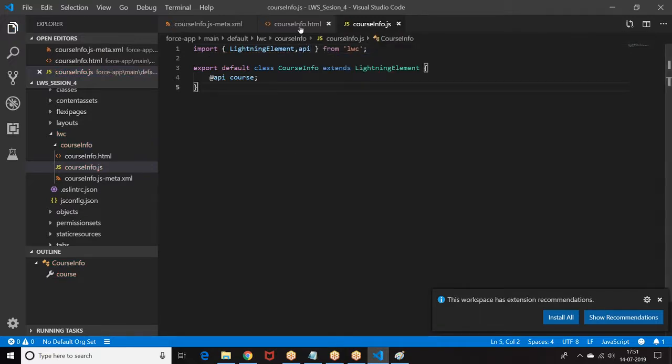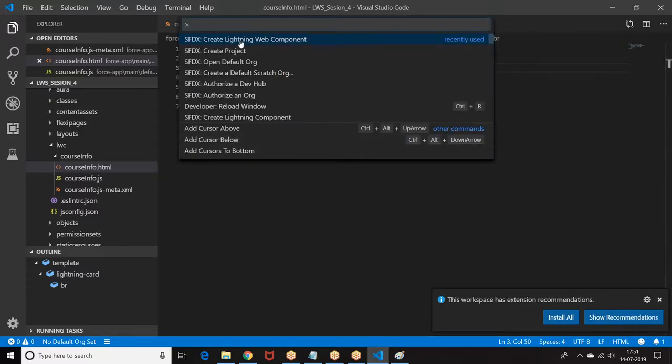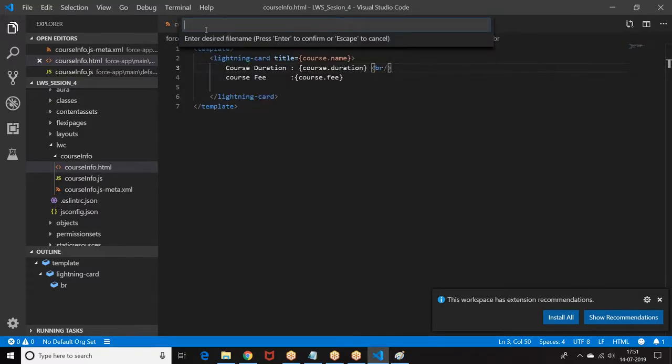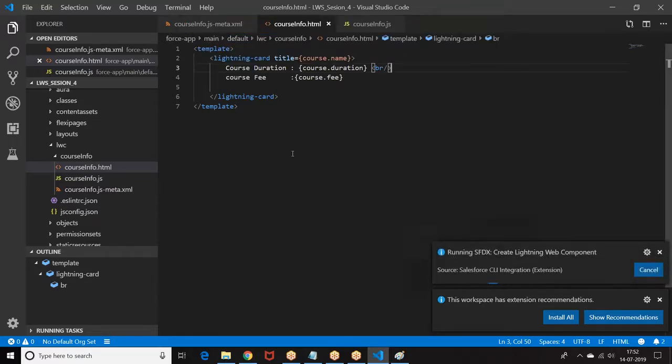Make the story. Then the parent component I'm creating. What is my parent component? Control Shift P, web component. So we can say the story goes here.